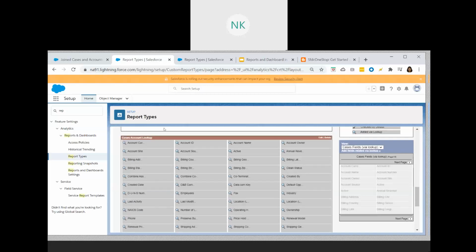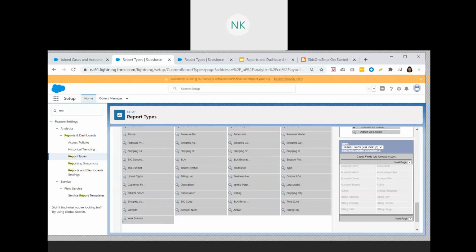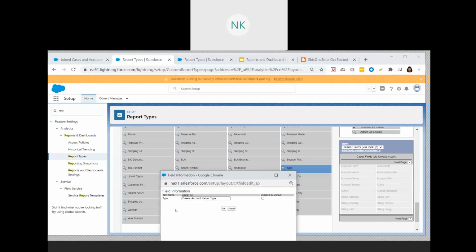Now, if you would want to make certain changes, say this particular name is very confusing to me and I would like to change it, you can do that. How? Double click on that, and here it is showing me display as account.